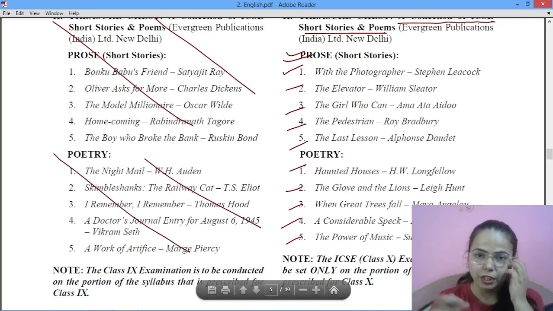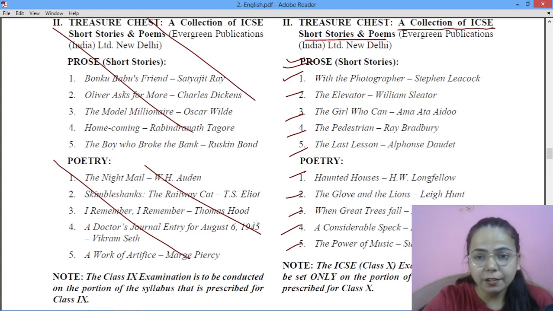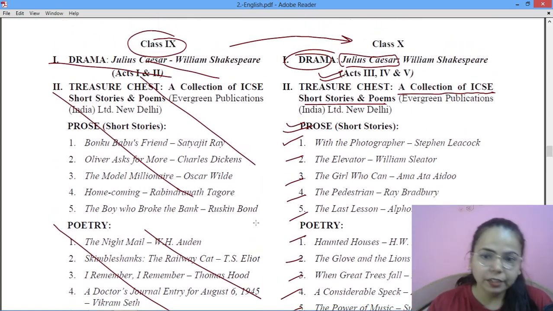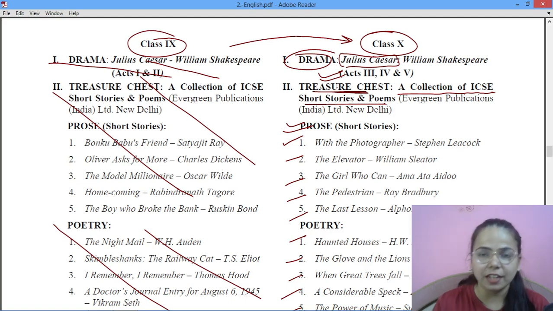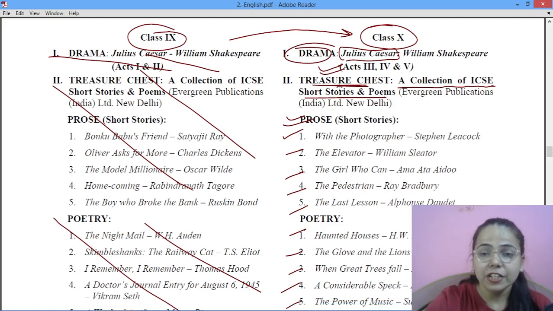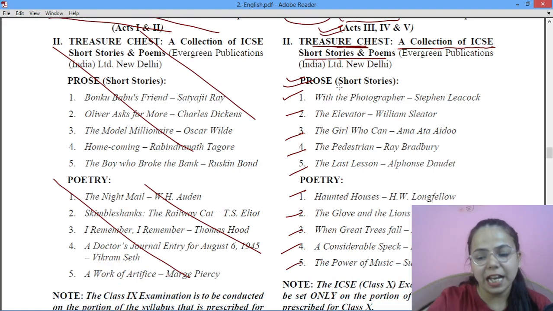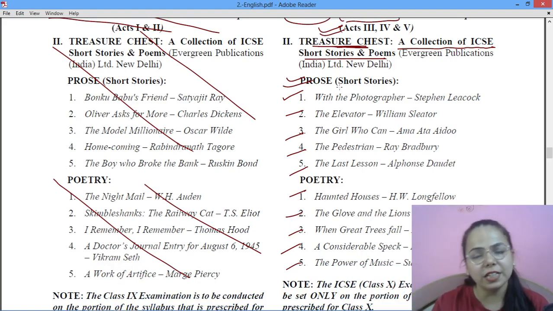This is gone, done and dusted. And if you want to study it, you can see the playlist of Julius Caesar as well as Treasure Chest, that is ISC English Literature, in which you will get all these poems as well as stories plus Julius Caesar. So if you want to study class 9th Julius Caesar also, in case you are not able to understand